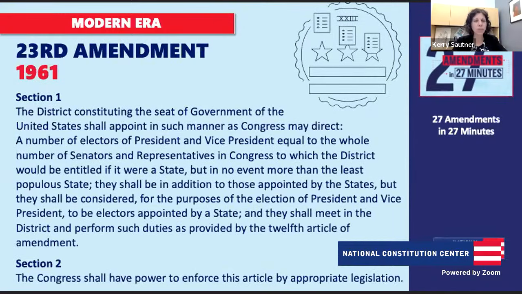Awesome. Now we jump into 1961, and we look at the 23rd Amendment. And that kind of brings us to the 23rd and the 24th. I always group those amendments together. Yeah, so both of these, it's the civil rights era. And so 1961, the 23rd Amendment gives DC voters a voice in presidential elections. It gives the District of Columbia 3 electoral votes. How does this connect to the civil rights movement? Well, in part, the 23rd Amendment, by bringing Washington, DC into presidential elections, enfranchises a massive African-American population in the District of Columbia and gives them a voice in presidential elections.